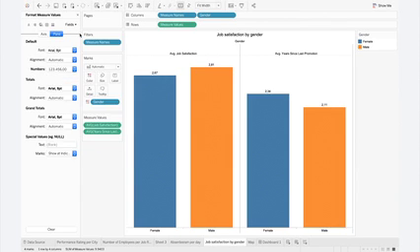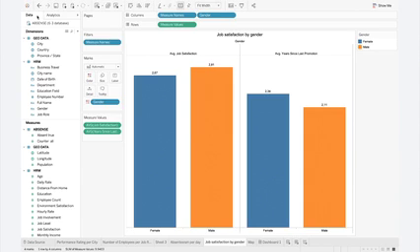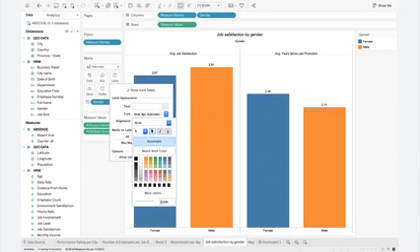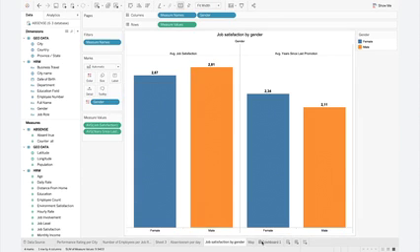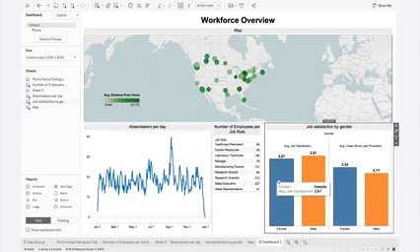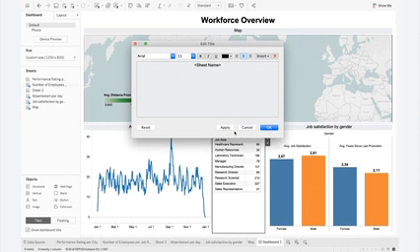That's fine by me. You see that the format pane overlaps the data pane. You can just click that away and you get back to the data pane. Now let's make this a little bit bigger and a little bit more readable. And now if I go back to the dashboard, you see that it looks a little bit more clean than it did before. So I can change this title and just call it number of employees,